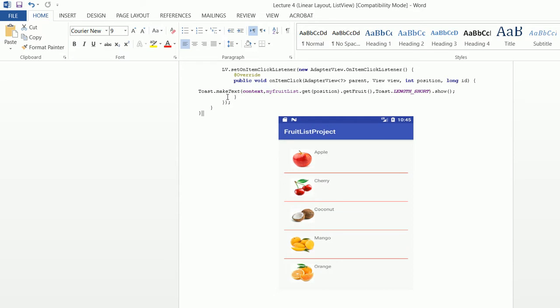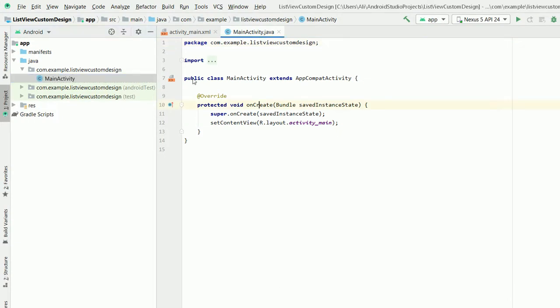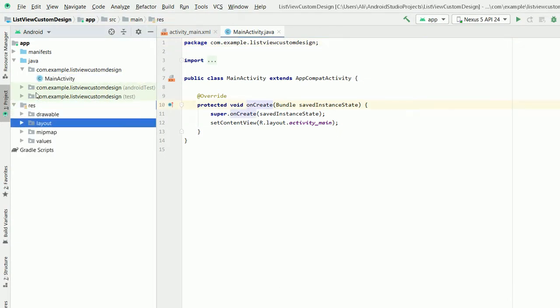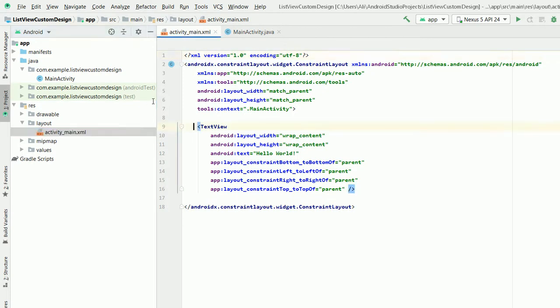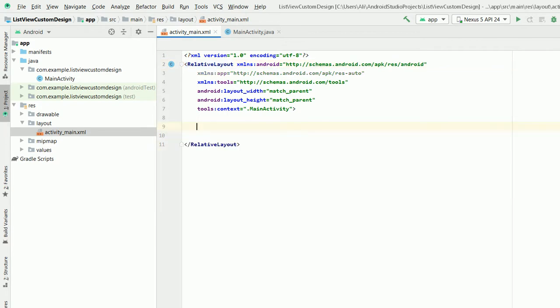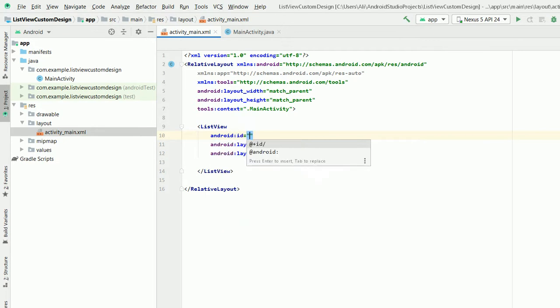First of all, I will design my own simple design, custom design, and then in the next class, that's basically a little bit complicated. So first of all, to make it easy and to go to the complex problem, we will design our own simple design. So first, let's add one control, one list view. Before adding the list view, I'm just changing the layout from constraint to relative, and then list view, match parent, wrap content, give one name,